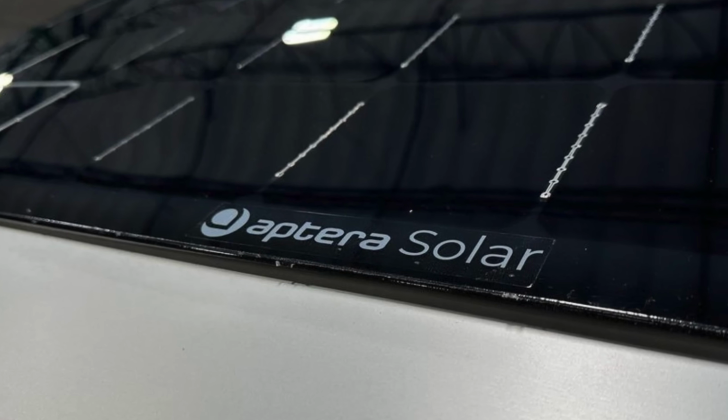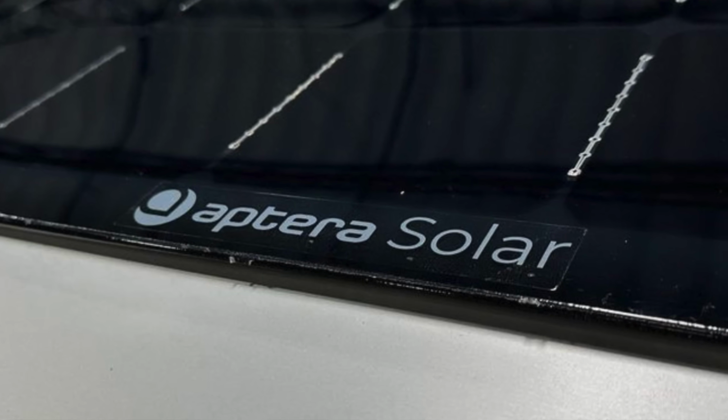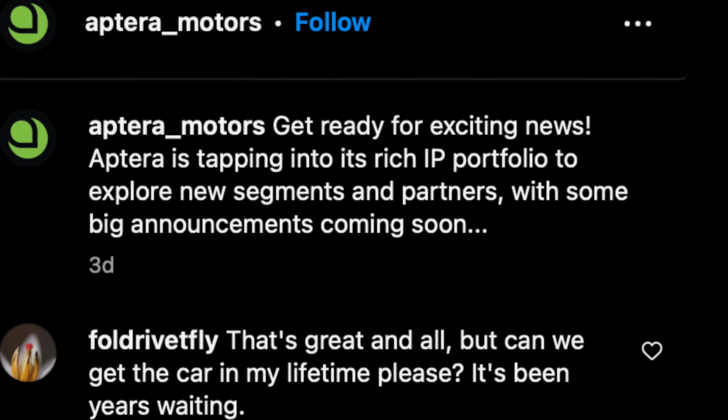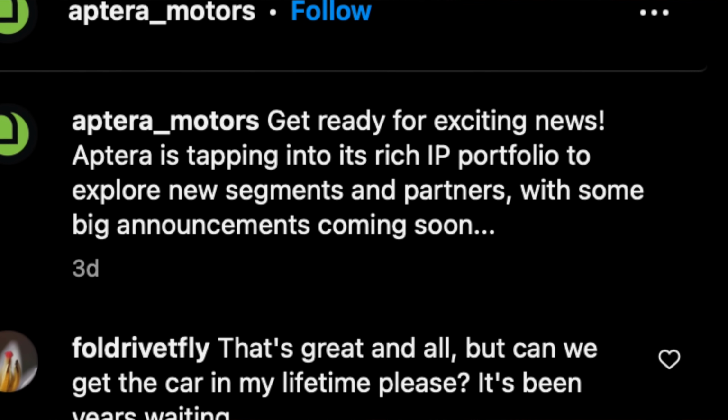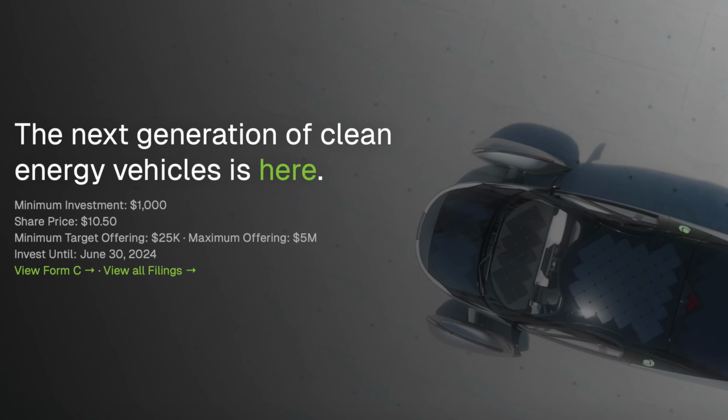They're just supplying the solar to another brand already, and the description on Instagram is saying there's some exciting partnerships to be announced very soon. This, in my opinion, validates a lot of the terminology that Aptera has used in the past by being a brand obsessed with solar mobility, and there's been a lot of taglines on their pages in the past saying invest in solar mobility,